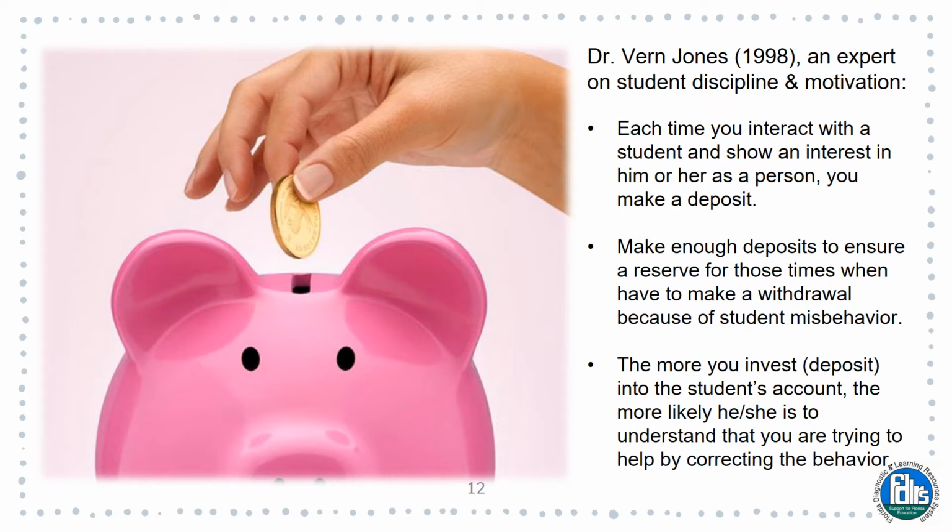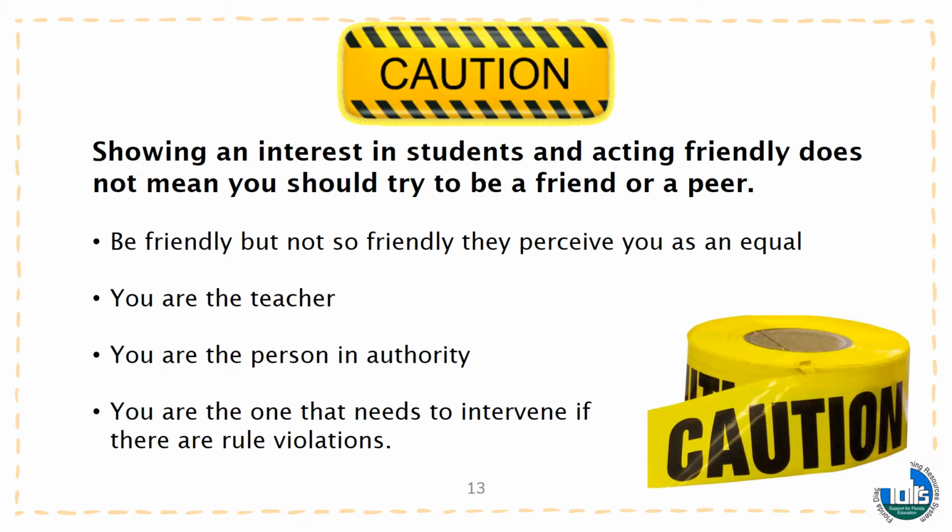Students often believe that if the teacher corrects their behavior, the teacher doesn't like them. Even high school teachers report that students have this misconception. Providing non-contingent attention or specific praise as soon as possible after correcting the student's behavior allows you to send the message that you still care for that student and can sort of reduce or dissolve any tension that the student may feel. Word of caution: